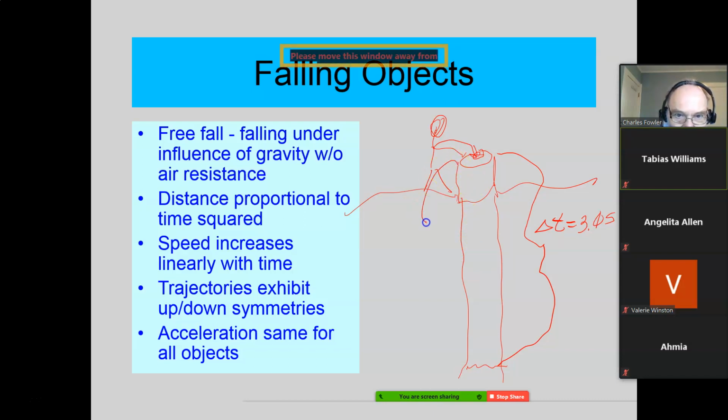So we're looking for the distance to the water. Well, is there any formula or equation that relates distance to time? Please say yes. D is equal to,